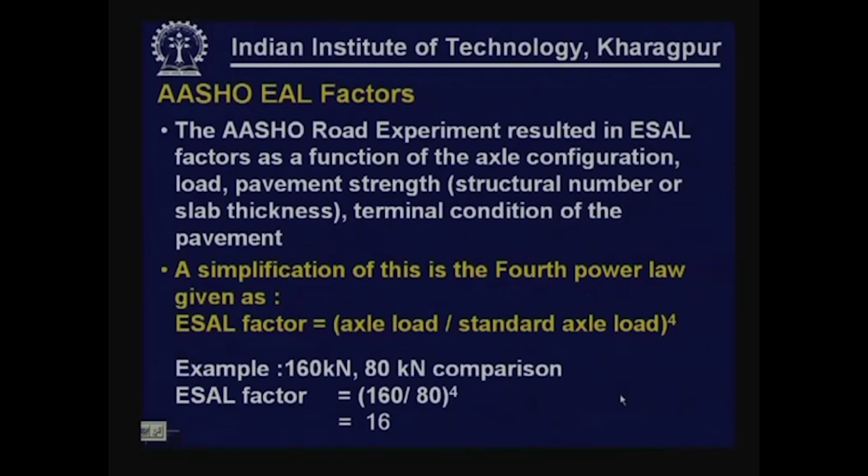The AASHO equivalent load factors have been derived out of a large number of experiments that were conducted on different types of pavements, by loading these pavements with different load magnitudes, and by observing the performance of these pavements, the damage that is caused to these pavements by different load magnitudes. So these are usually found in tabulated form for different types of pavements and different load magnitudes. Different equivalent standard axle load factors are available, but a simplification of this is what is known as the fourth power law,